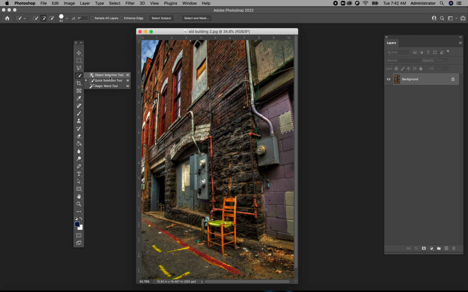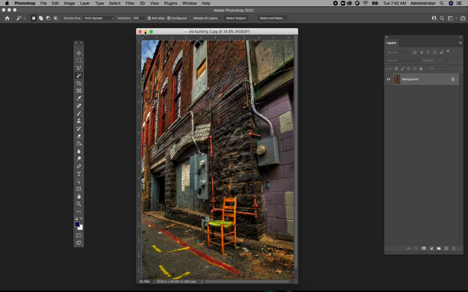Then below you have this relatively new tool called the Object Selection Tool. You have the Quick Selection Tool and you have the Magic Wand Tool. The Magic Wand tool came first, it's got a little magic wand, and it works really well with color. Like I'm going to select this green. Okay, so here's why it's only selecting a little bit. You have a tolerance. And the lower the number, the fewer pixels it will select because it has less tolerance. It's going to pick an exact color. If you increase this number,